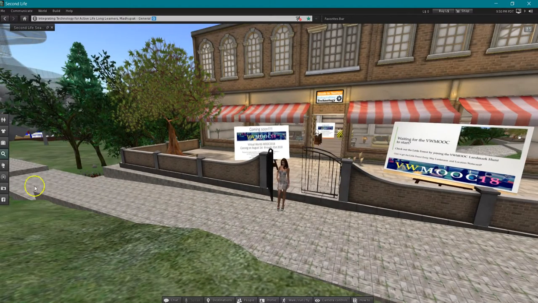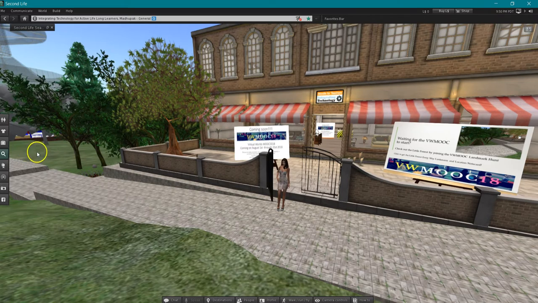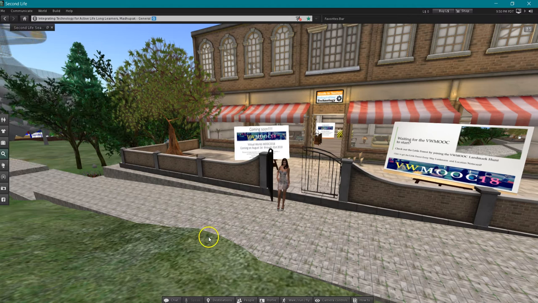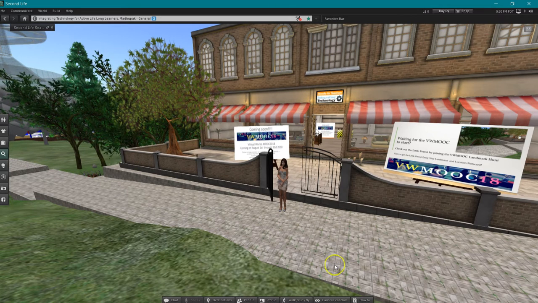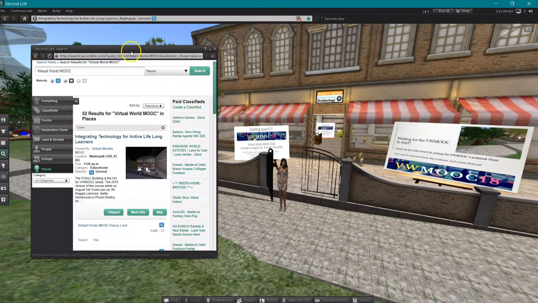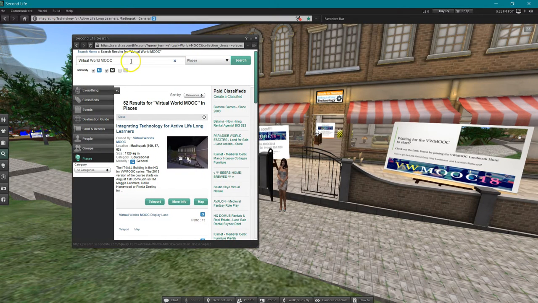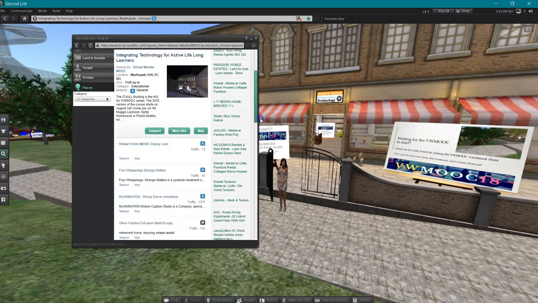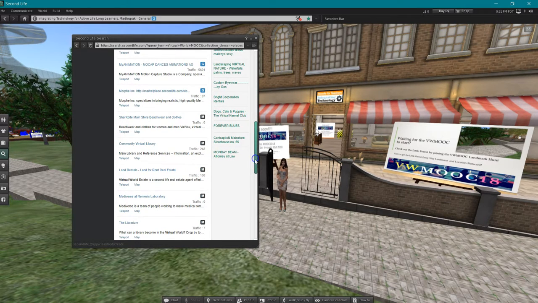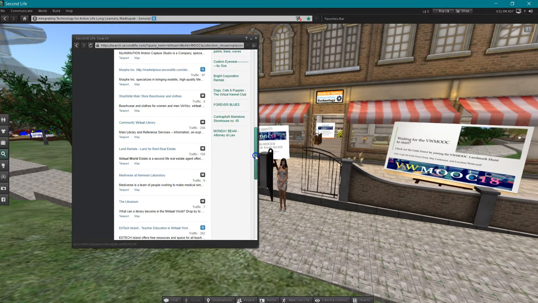So when you're looking for a location, click on search, bring up the dialog box, put places in, if that's what you're looking for, and click there on that empty line, type in the name of the thing you're looking for, and it will give you a whole bunch of stuff. Now, all these other possibilities on this list are probably places that use virtual world in their name or in some of the materials